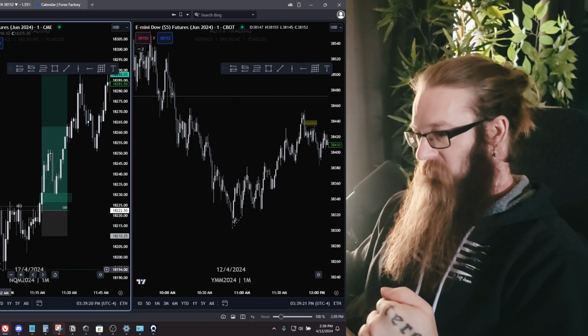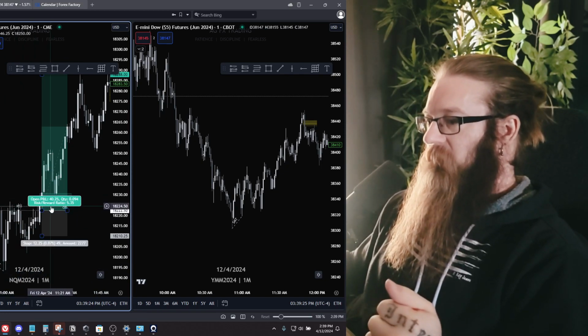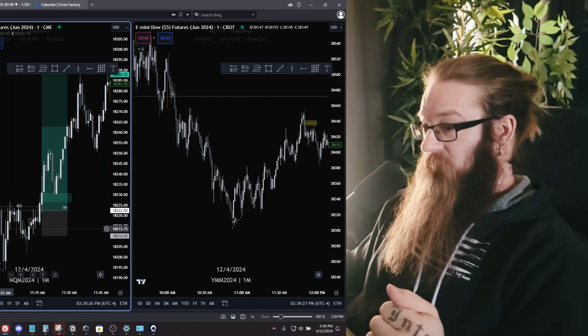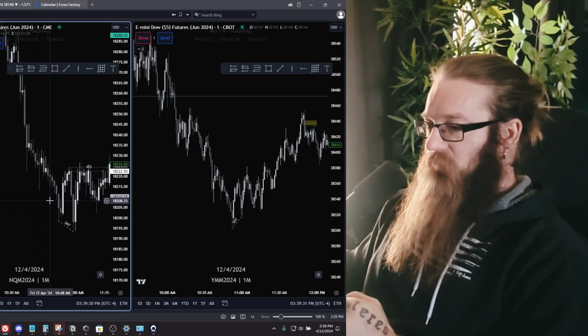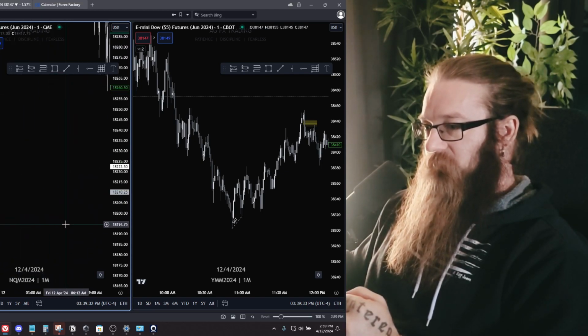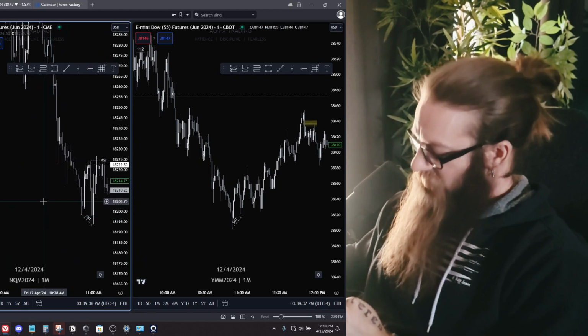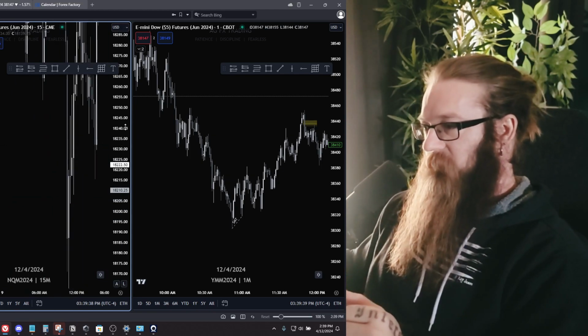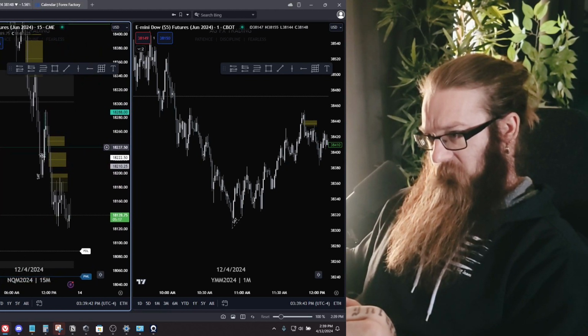It had SMT down here. It had displacement. It had a market structure shift. It had an order block. The order block took liquidity. The whole thing traded down inside of a high time frame PD array, I think. I might be talking out of my ass here, but